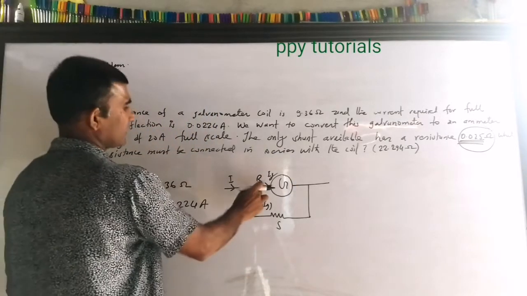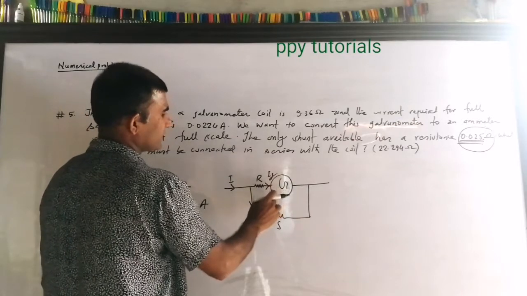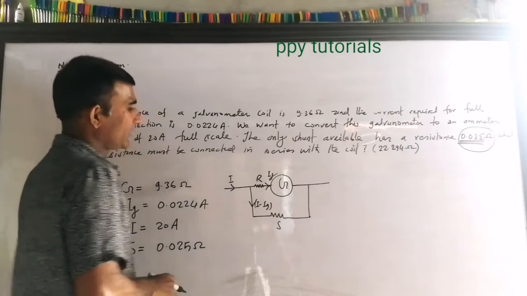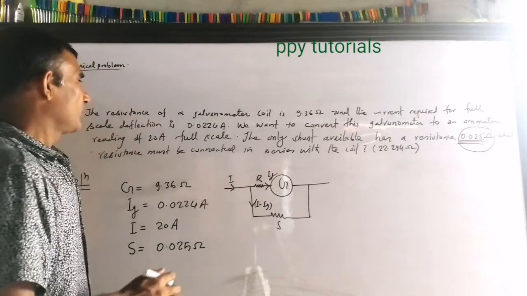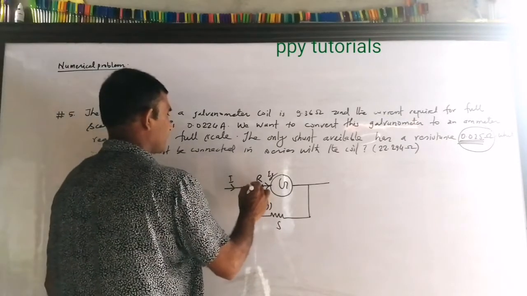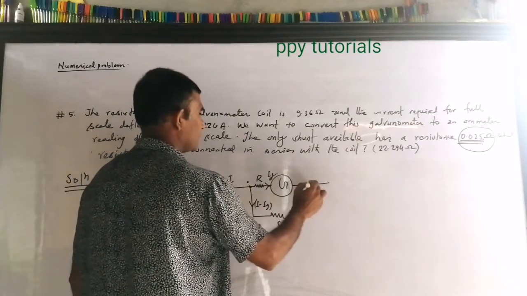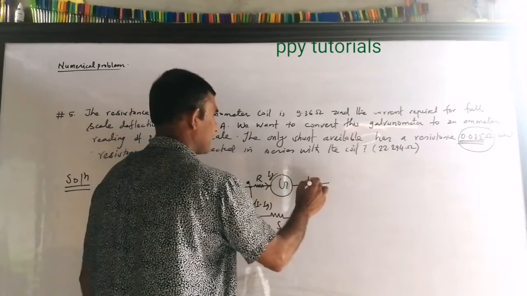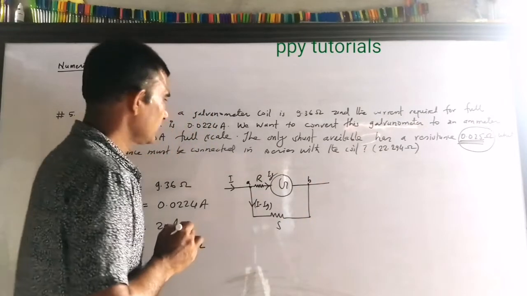Now connecting one resistance in series with the galvanometer, this galvanometer will be changed into the voltmeter using the same shunt. But this time also we are not using the formula. What are we going to do? Tell me. We are using concept. So concept is more important than the formula.